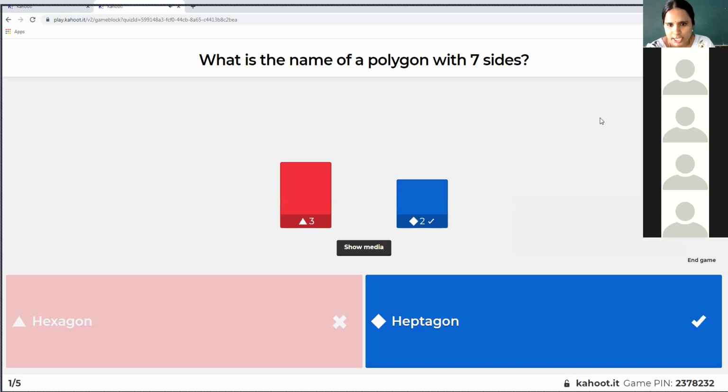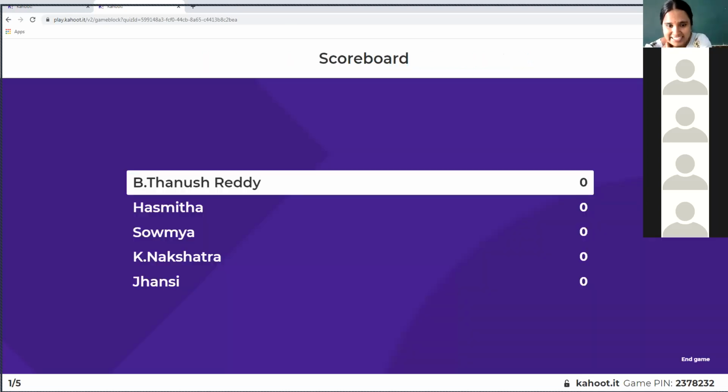Two of you have given the correct answer and 3 of you have given the wrong answer. Okay, fine. Next. So yes, Tanush has scored the highest mark so far. You're able to see the scoreboard, children. The people who weren't able to enter the answer within the given time are shown zeros. So 893 points Tanush has scored so far. Good going, Tanush. Next.